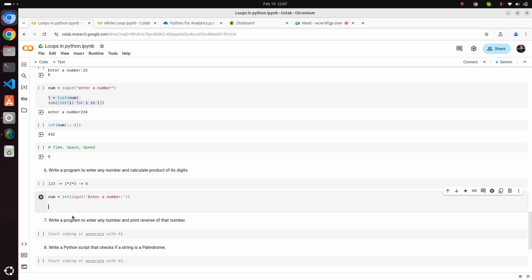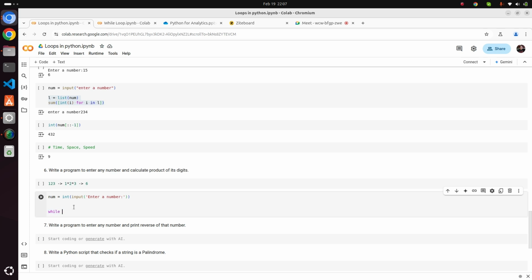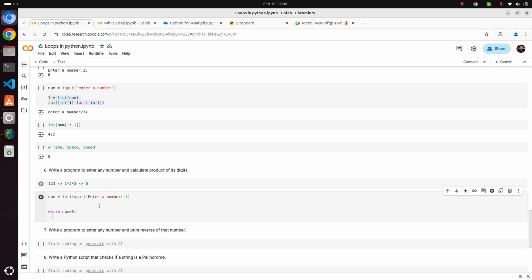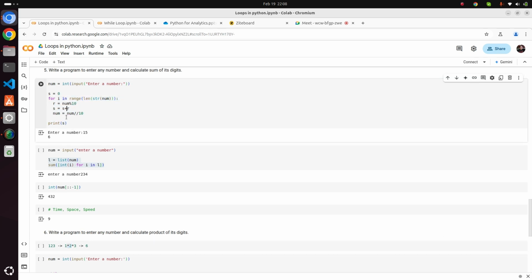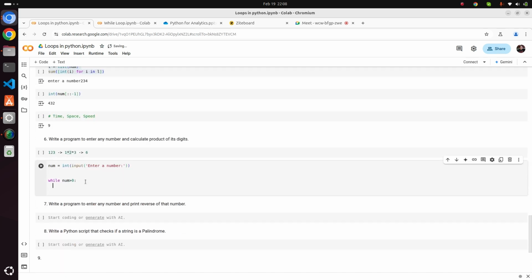So when the user gives this number, let's try with a while loop. The while loop will have a condition here, right? For example, here I will say the number is greater than 0. I am taking the condition that this number should be greater than 0. Now, the same approach, because I need these digits, right? The same approach that I used here I will use here. I just need a remainder here, R, which is the remainder of